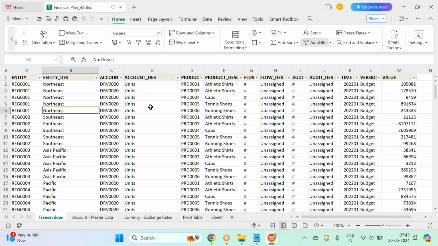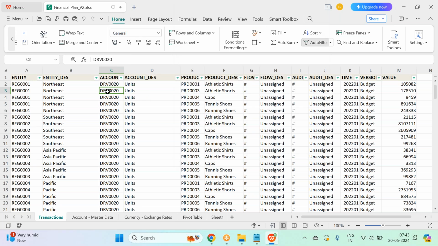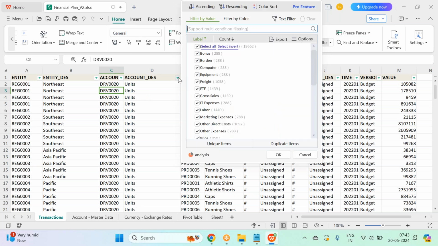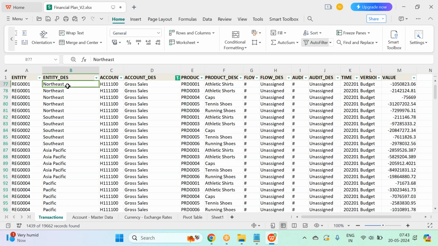So I have the region, product, and then you see accounts here. You don't see measures, guys. I told you, right? We have accounts. In finance we always deal through GL accounts. So this is the account ID, DRV 0020 is account ID. Account description is units sold, cost of goods, gross sales, etc. If I just pick gross sales, here you see